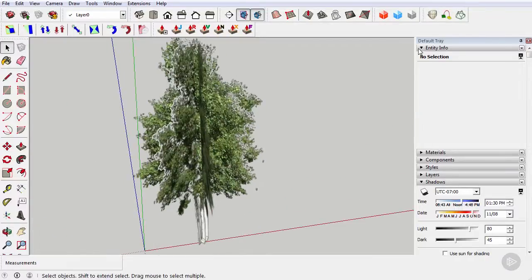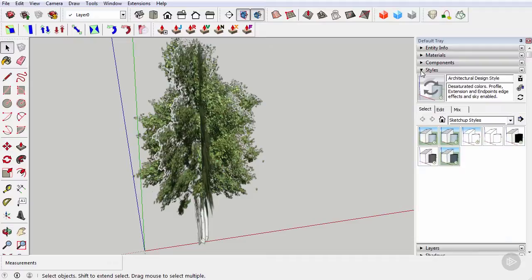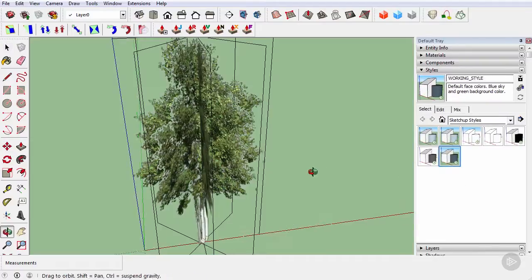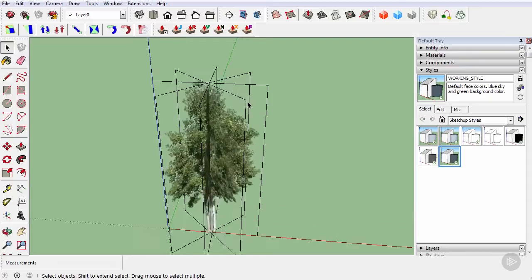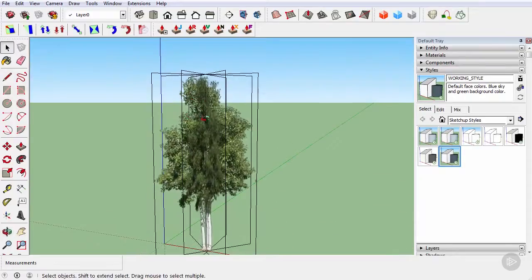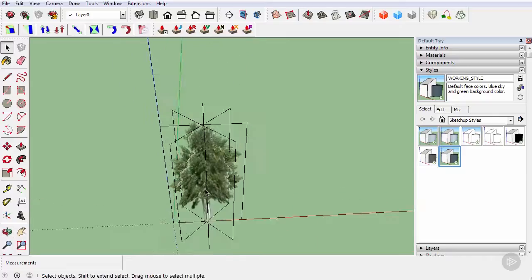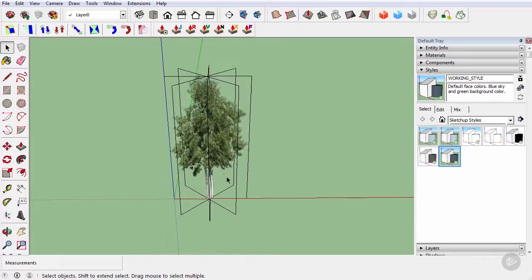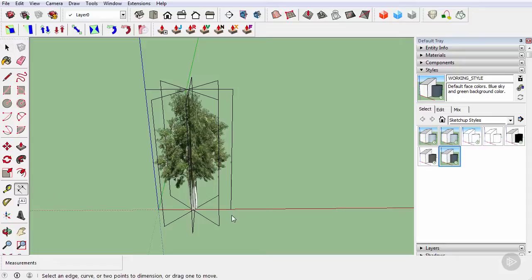The first thing we want to do is go into the Styles tab and select our working style, just to see more accurately what this will actually look like when we import it into the model. Once we've done this, we want to check the dimensions of the object. Right now we want to check the height, because the trees that were marked on the plan